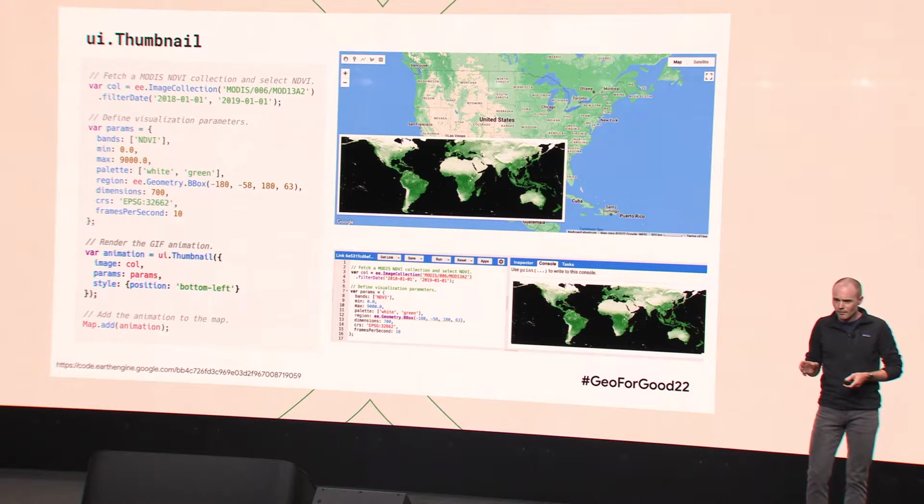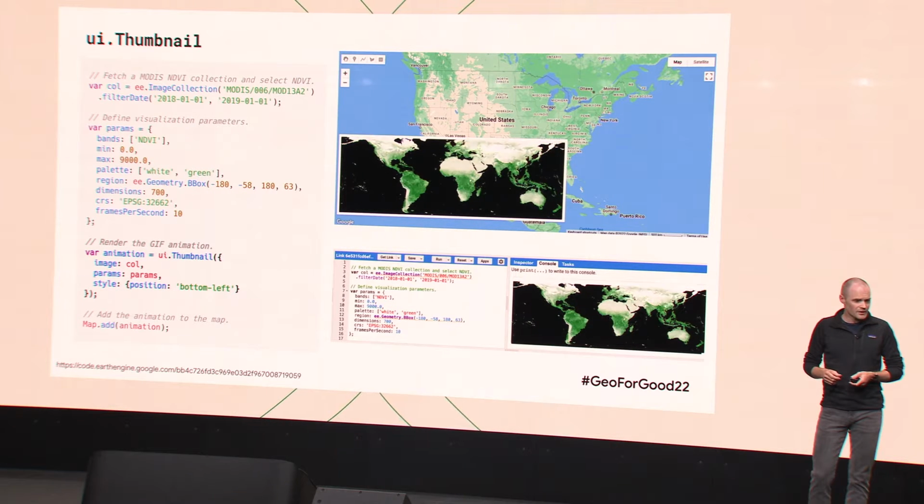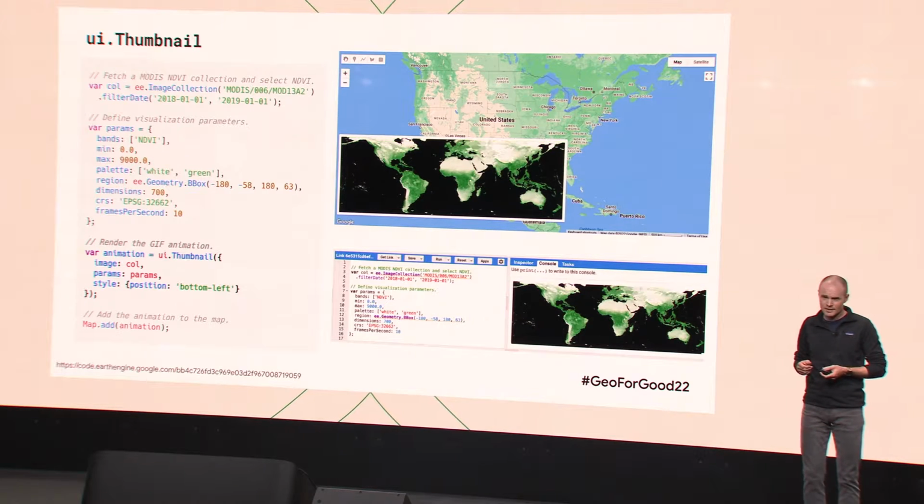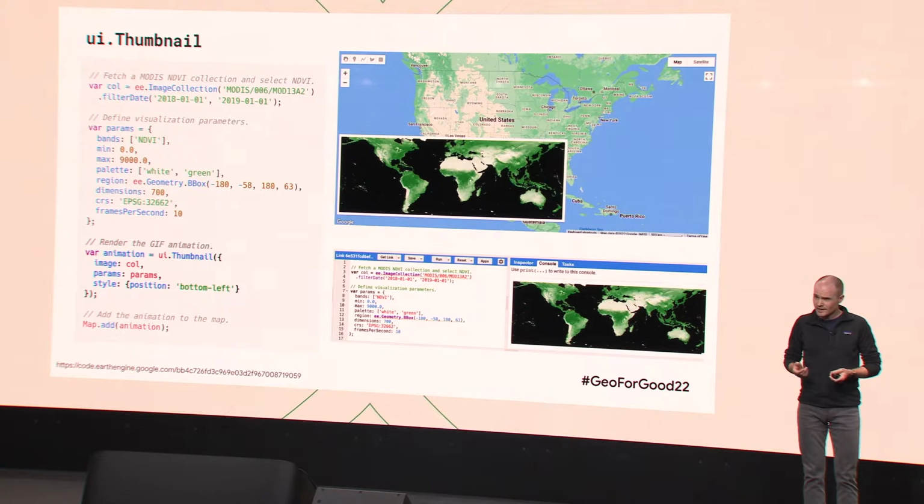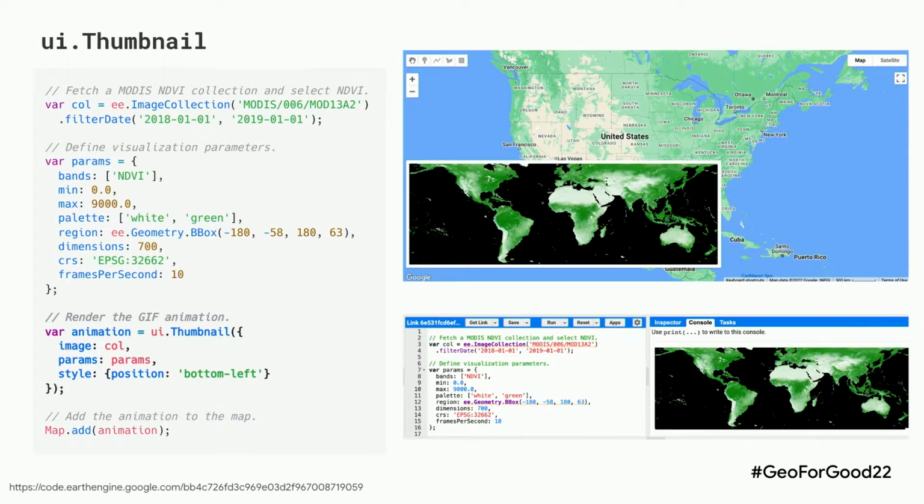Any of the UI module functions are only available in the code editor or Earth Engine apps. And so I kind of think about the UI thumbnail as mostly an apps component. But it's sort of the most convenient for a quick look at a time series because it will print to the console. So what I've shown here is a bit of code where we are